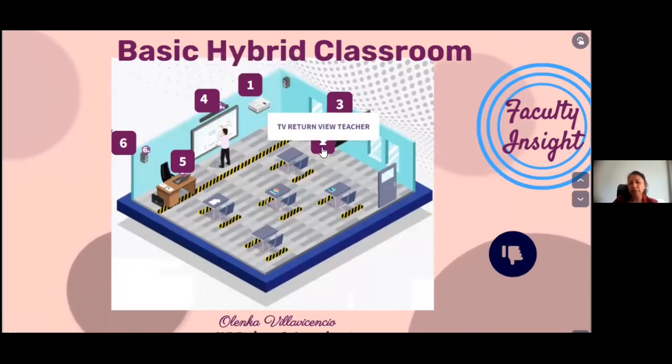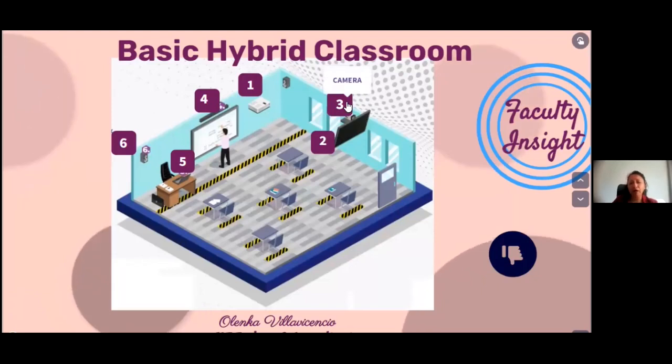You need a TV return view for the teacher, so that while you are in front of the board, there are another two TVs focused on you and what you are doing. Every step that you move, they can get it. The camera, a very high quality camera, is a good idea for this kind of hybrid modality.